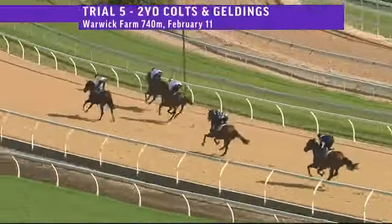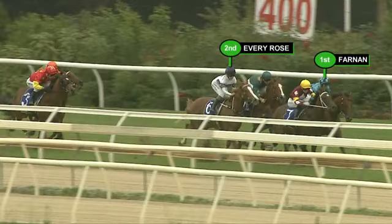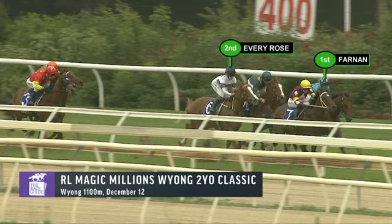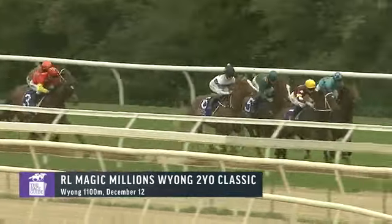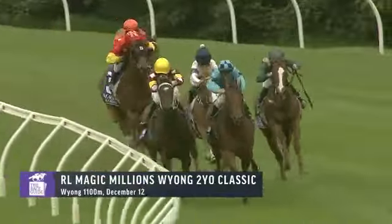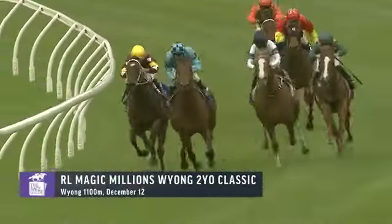All right, let's go back to... Oh, I can't believe you picked this race, Mike. Farnan, Every Rose. OK, we'll focus on the front two here. This is obviously... No. Let's look at the back. Magic Millions restricted class here, Mike. Look, we won't be looking at the back. You can tell us why later, but, mate, these are two horses going places, so there's some serious form in